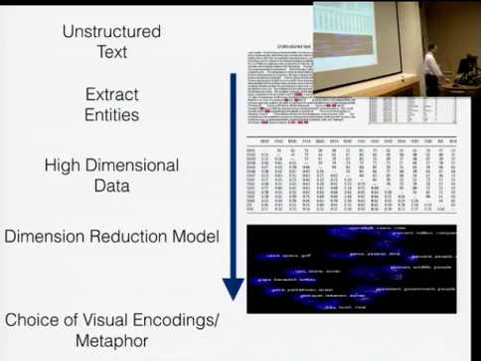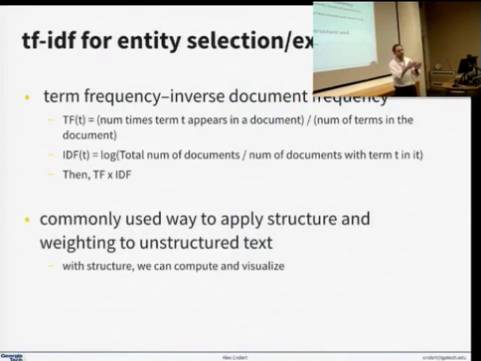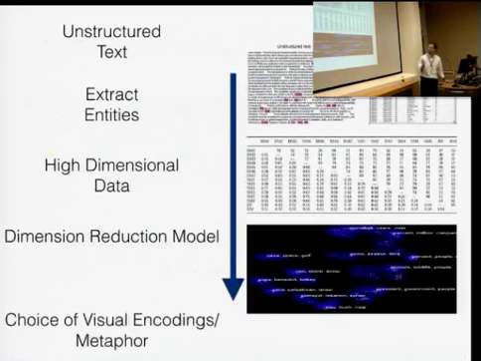My next slide. In the entity selection stage, right? You probably don't want to use every word that comes out of a document, because there are certainly words that are more interesting or important than others. And this is a way you can start to prune that dimensionality of your data before you even get to the dimension reduction model. This TF-IDF gives you an input to it, and it also helps shape the matrix that you get coming out. And oftentimes it's a matrix that has fewer dimensions to start with,